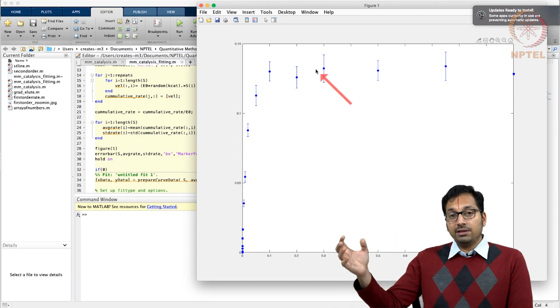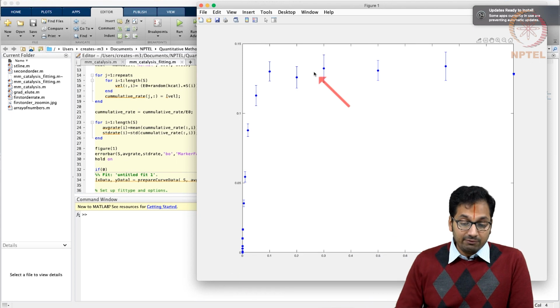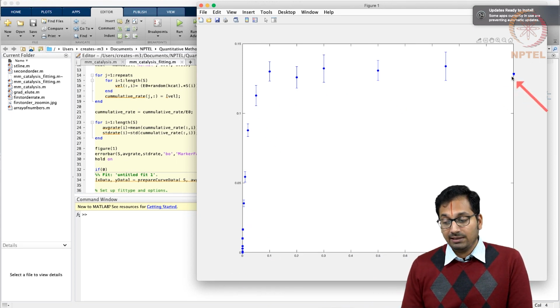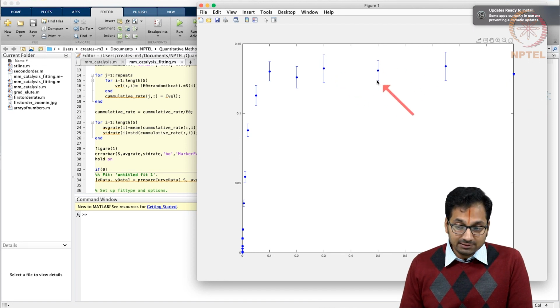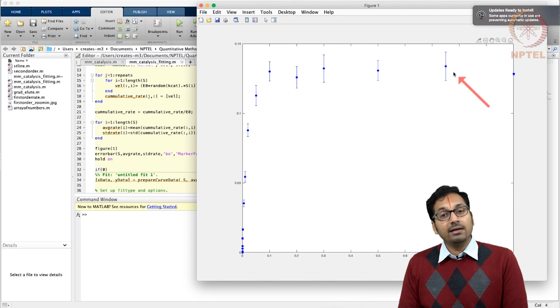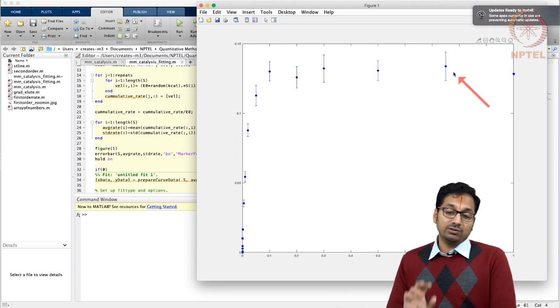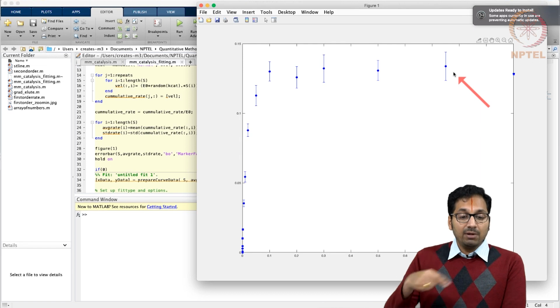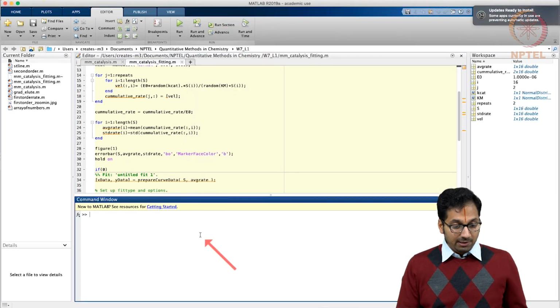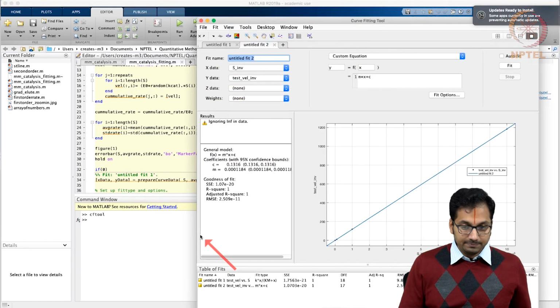This is not a constant error or a propagating error, where as you keep increasing the concentration, the error increases. That is not happening here, because the highest concentration has the lowest error, and something in the middle has a lesser error than the previous and the next point. So this indicates that there is no correlation in the error, because we have randomly simulated Km and kcat. Now let us go to the next step and try to use the curve fit tool.